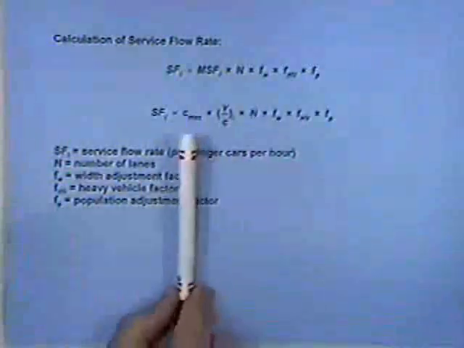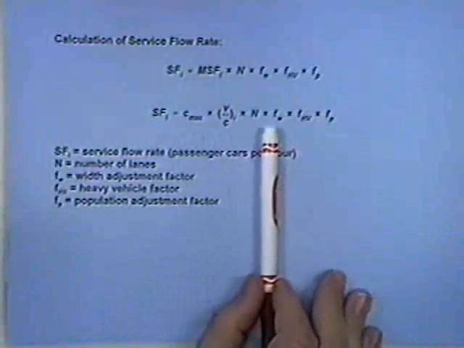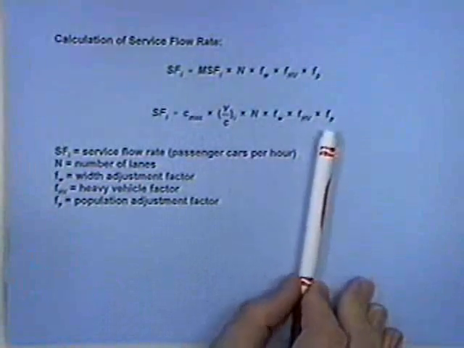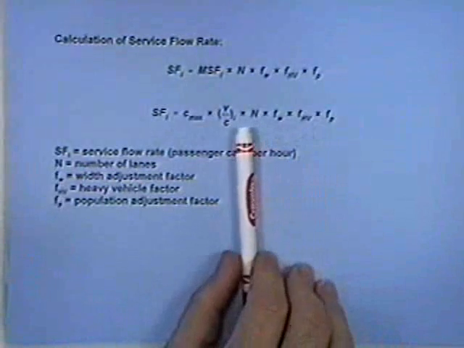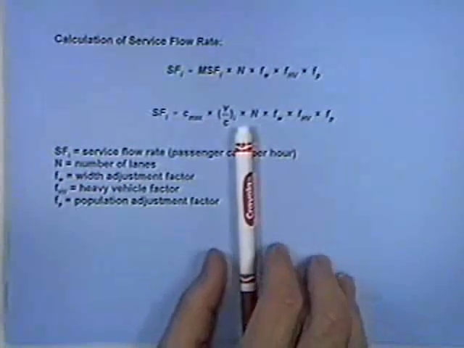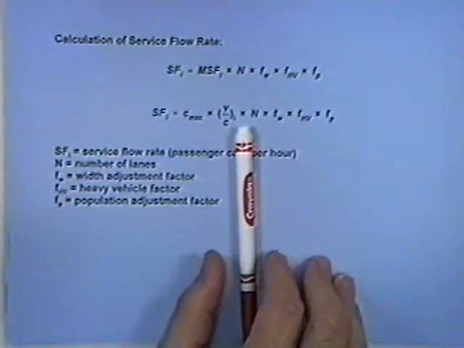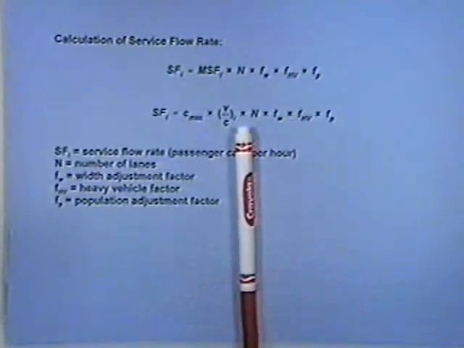Okay. Now, if we go back to this equation, let's use 0.9 since that's a little bit easier to work with. Remember, we said that we have ideal conditions, so all of those three factors are going to be 1. And if we look at this particular equation, how many lanes do we have? Said we had 4. Okay, I said we had 4 lanes, but that's a trick question. Okay? That's a trick question, and it's one that will probably catch you on an exam if you're not real